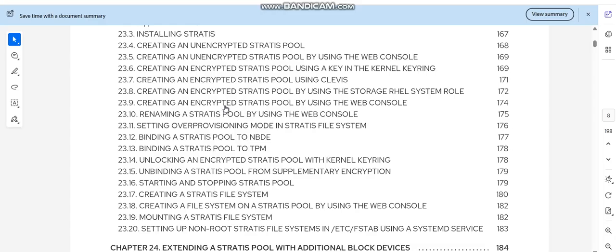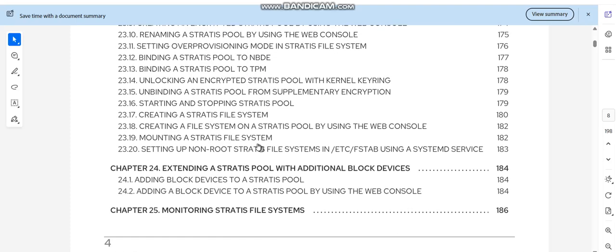creating an encrypted Stratis pool by using the web console, renaming a Stratis pool by using the web console, setting overprovisioning mode in Stratis file system, binding a Stratis pool to NBDE, binding a Stratis pool to TPM, unlocking an encrypted Stratis pool with kernel keyring, unbinding a Stratis pool from supplementary encryption, starting and stopping